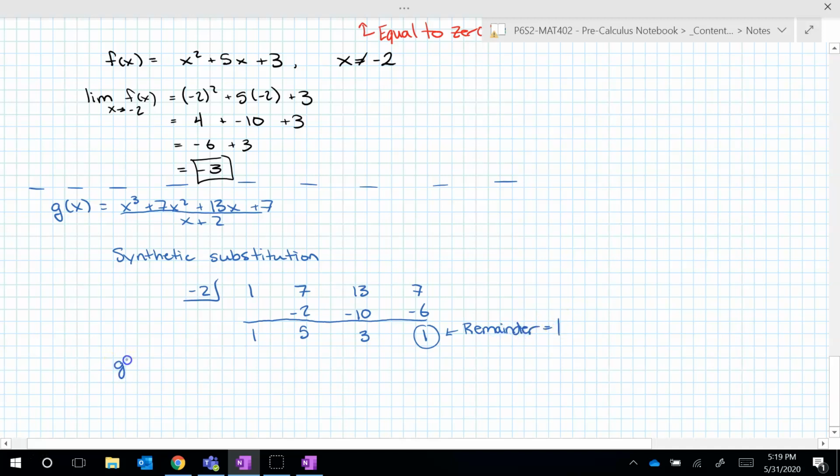So g of x in mixed number form would be 1x squared plus 5x plus 3 plus this 1 over